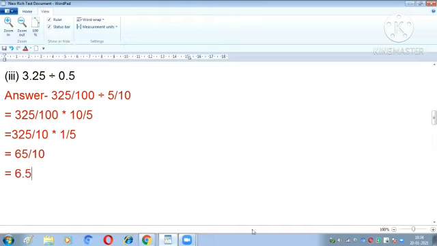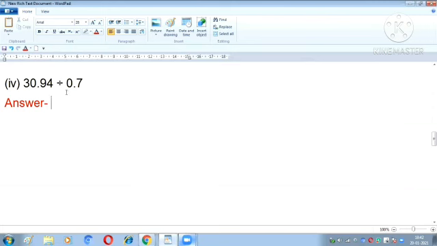So let me mark the answer. Yeah, here is the answer. Please note it down. So let's proceed to fourth bit. So friends, fourth bit is 30.94 divided by 0.7. So first we'll write 3094 upon 100